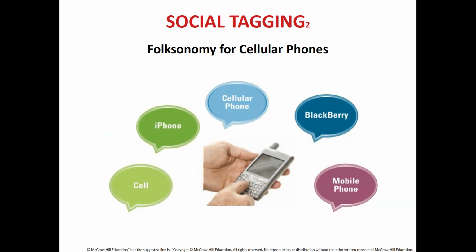Now, sometimes some of these folksonomies become so common that we start using them instead of the real name. Example, how many of you must be using the word Colgate for toothpaste? In general, it's a toothpaste, but if you go and buy, you'll say, okay, let's buy Colgate. Why? Because you're so used to that folksonomy. Okay, so this is what folksonomy is.